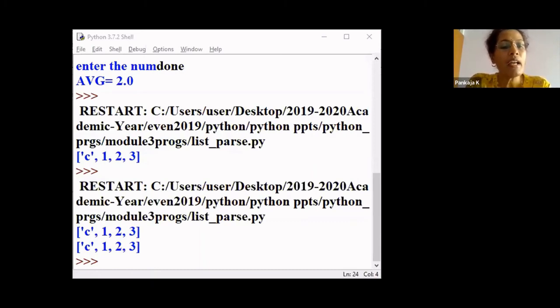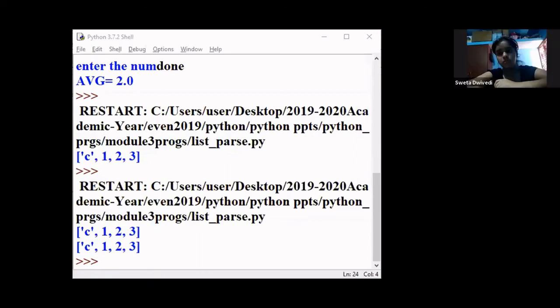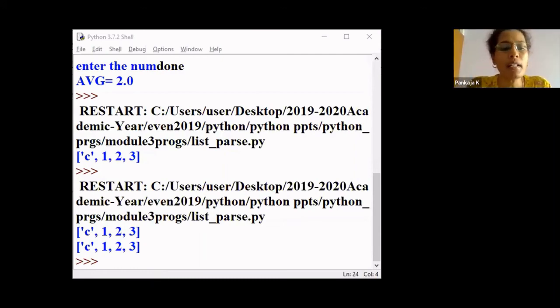So this program is an example of aliasing. That is why if I print T and print letters, both outputs are the same. Both are referring to the same object. Here aliasing has taken place.